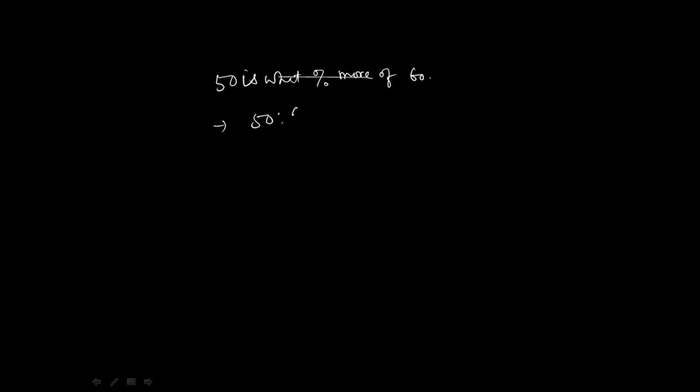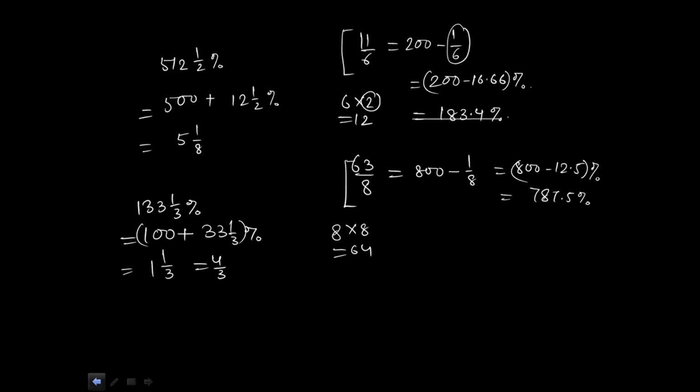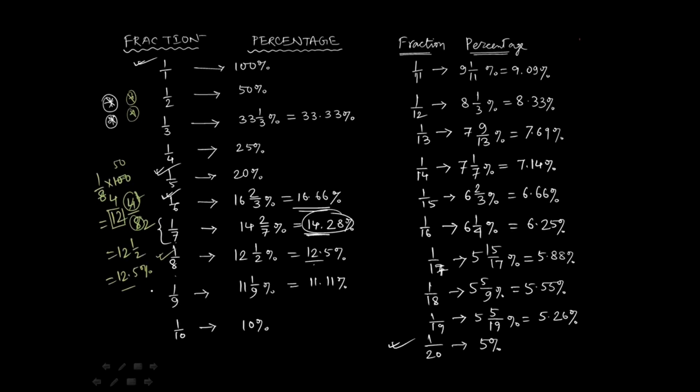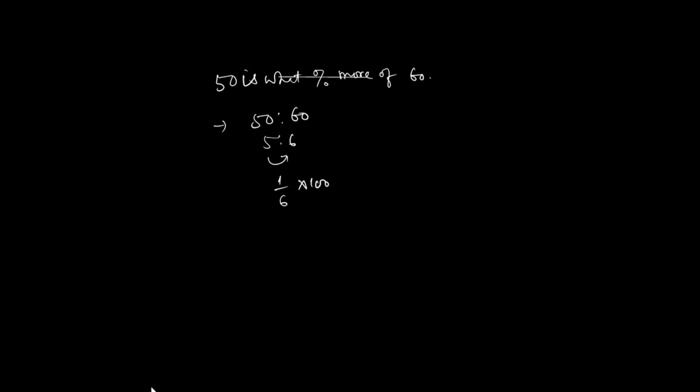It is 50 is to 60, 5 is to 6. So what is the difference here? Difference is 1 upon 6. So 1 upon 6 into 100. So 1 upon 6 means what? What you have learned? Look at it carefully. 1 upon 6 means it is 16.66%. So it is 16.66% more than